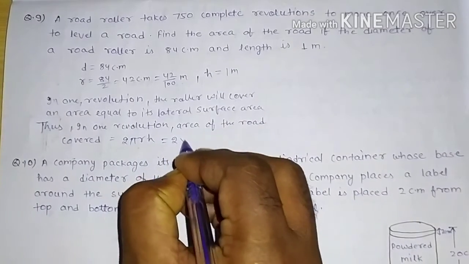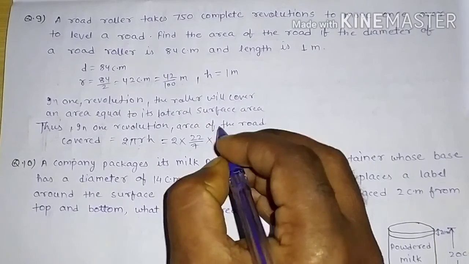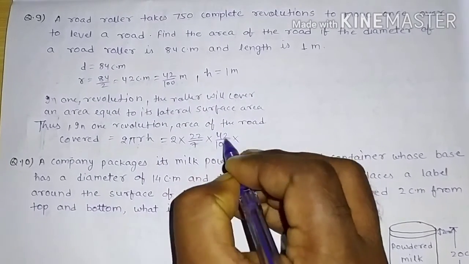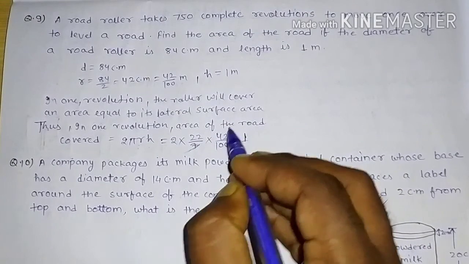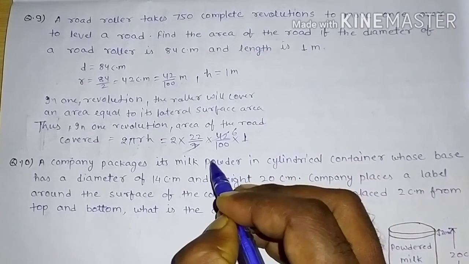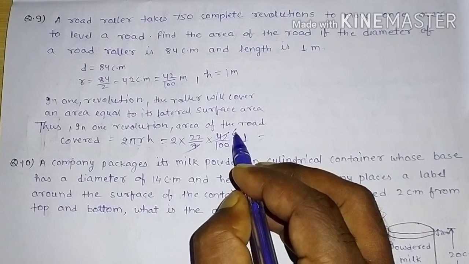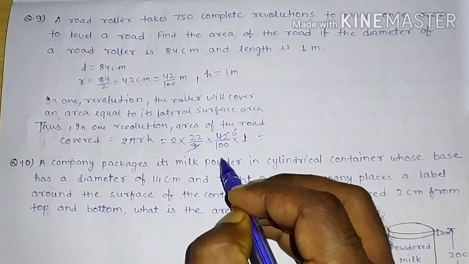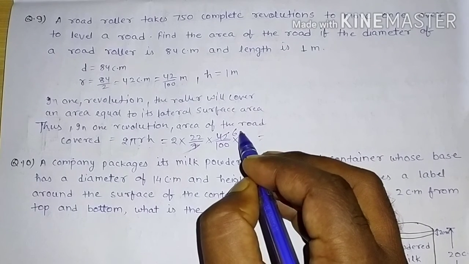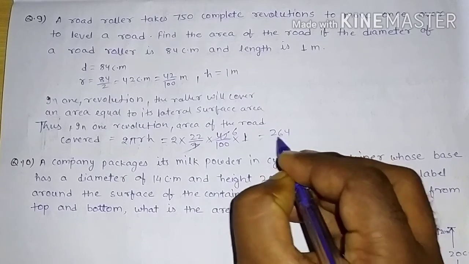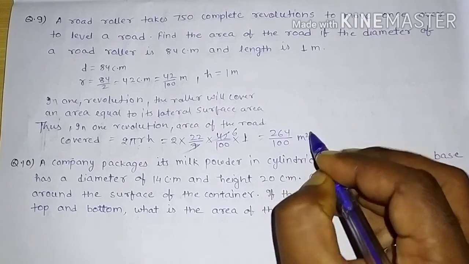So 2, that is 22 by 7, and r is given as 42 upon 100, and h is 1 meter. Now just simplify it. So 7 and 42 cancel out. 7 6s are 42. Now 2 into 22 into 6 divided by 100. Just multiply to get 264 divided by 100 meter square. This is the area